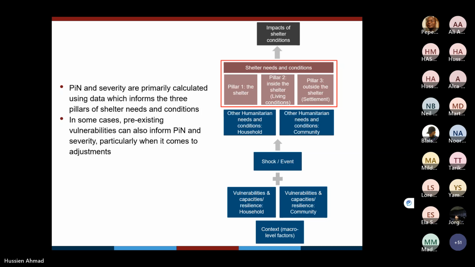So regardless of whether the population are poor or rich, have disabilities or not, or are a female or woman-headed household or not, it is the situation of the shelter in general: if the shelter is safe, if it is livable, and if it is communicable to outside. This is what constitutes the shelter need, and this is what frames our response as shelter cluster. This is where we can respond. We don't respond to people with disabilities to eliminate their disabilities, but we might target them or prioritize them in